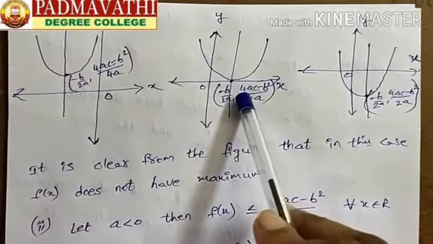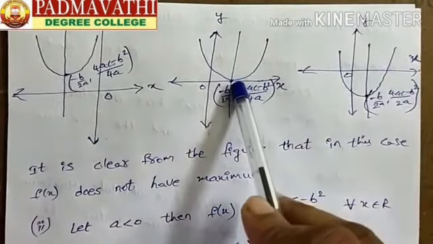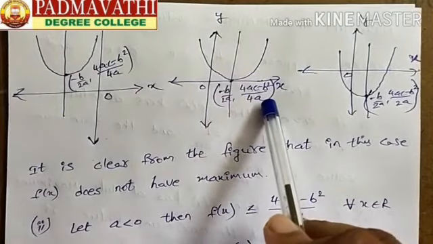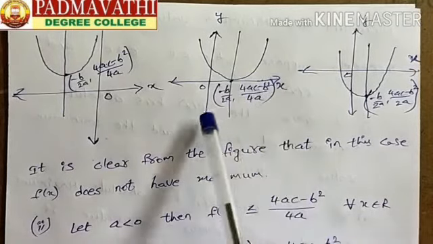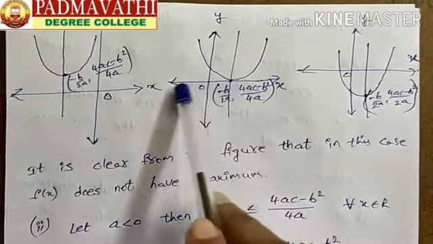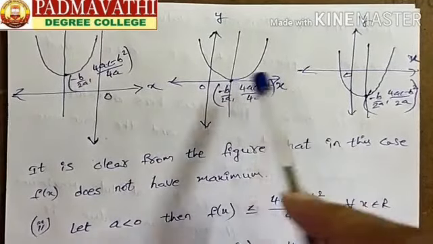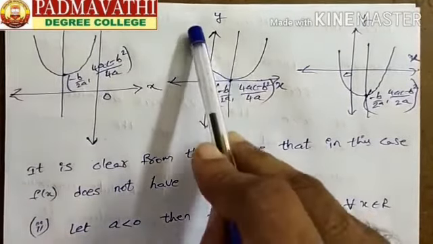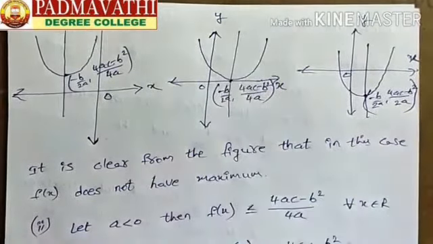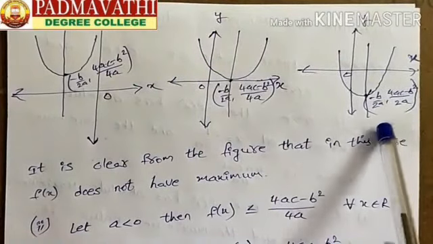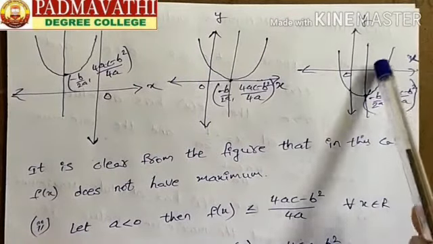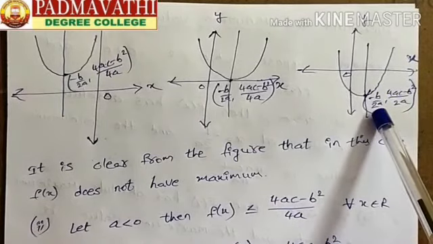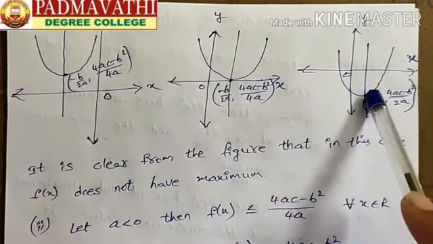Similarly here also, the curve touches the x-axis at minus b by 2a, and the minimum value is 4ac minus b square by 4a. So here also it is the same thing. When x approaches negative infinity or positive infinity, the value becomes plus infinity, meaning f of x increases toward plus infinity on the y-axis side. In the third case also, similarly, we are taking the curve below the x-axis, and even there the minimum value is at minus b by 2a while the maximum is approaching infinity.